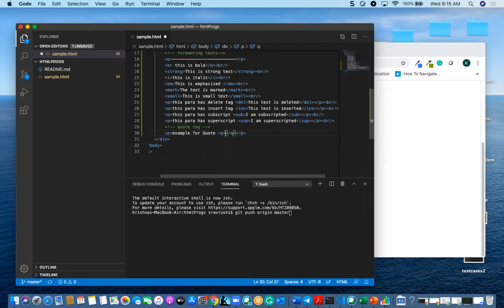We have to go for some India or something, and here we are going to go for a block quote. One more quote is there. That is a block quote, where I can mention a block quote. This I'm going to give some Asia.